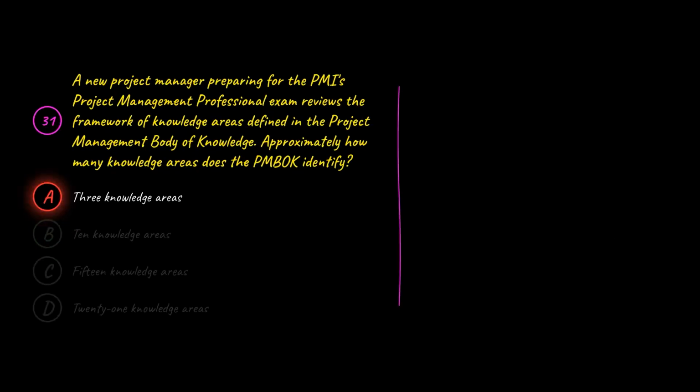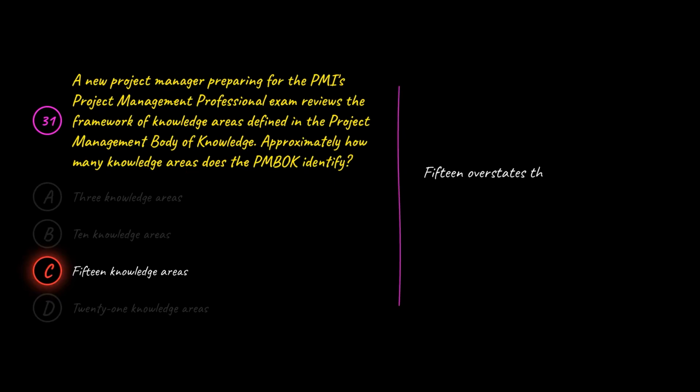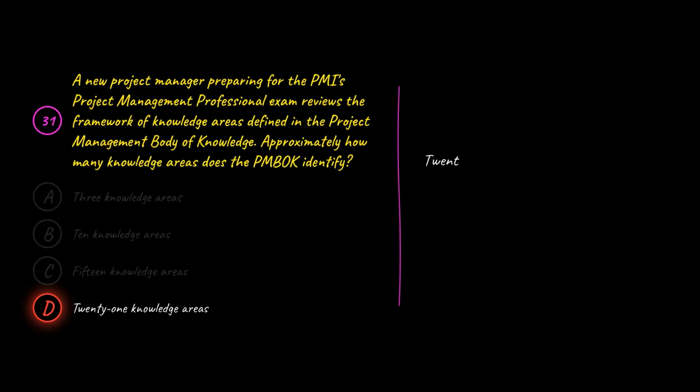A is wrong because 3 is far too few and does not match any standard PMBOK structure. C is wrong because 15 overstates the count. The PMBOK does not enumerate that many knowledge areas. D is wrong because 21 is the count of care components in the clinical care classification system, not PMBOK knowledge